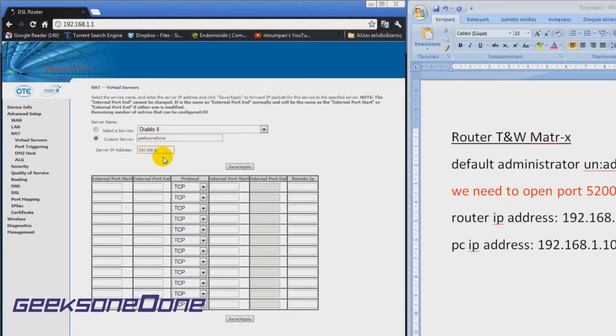In the server IP address you will type your computer's IP address. As we said, our computer IP address is 192.168.1.10, and in this field you will type the ports that you need to open. You have an option if you need to open some ports that are continuous, let's say for example from 52,000 until 53,000. You see here that in the external port start you type 52,000,